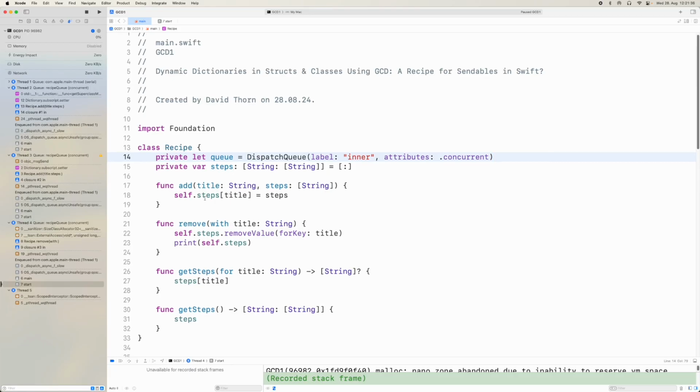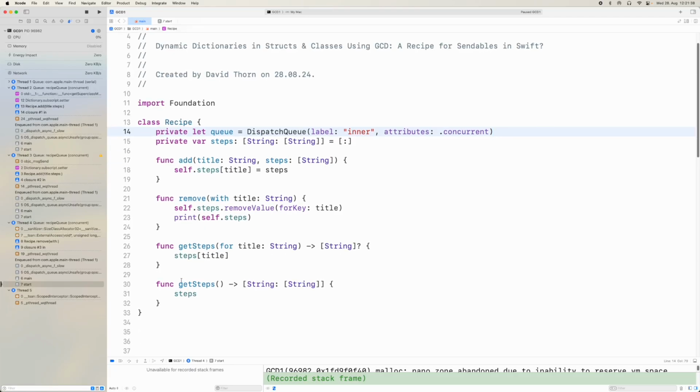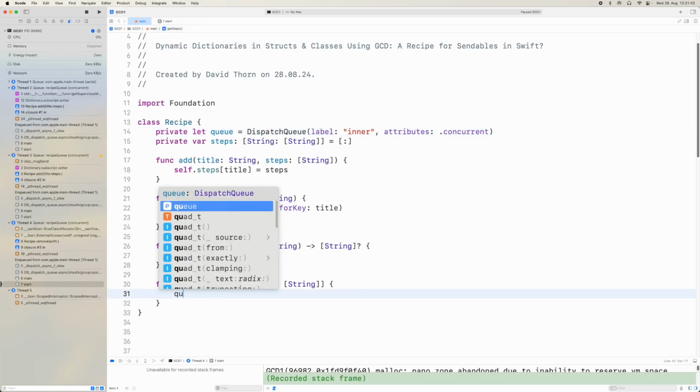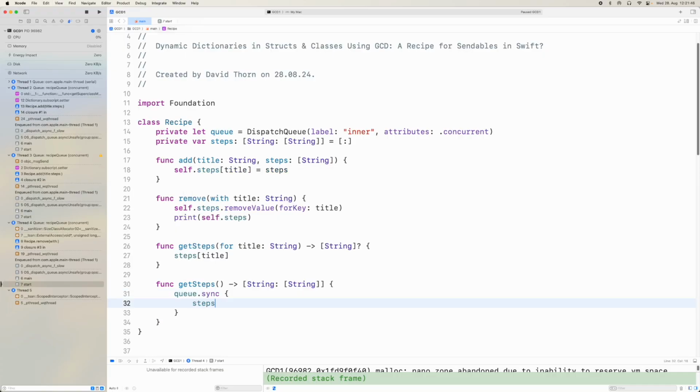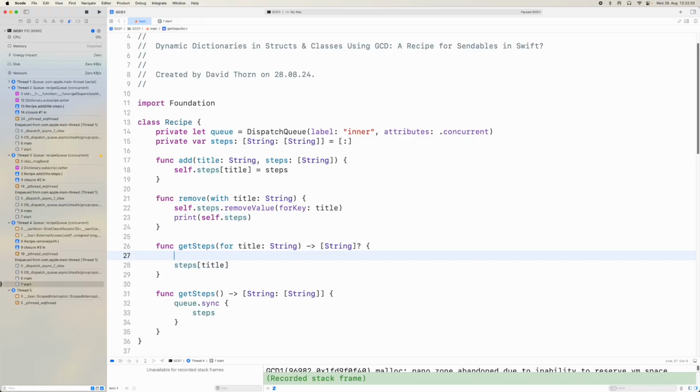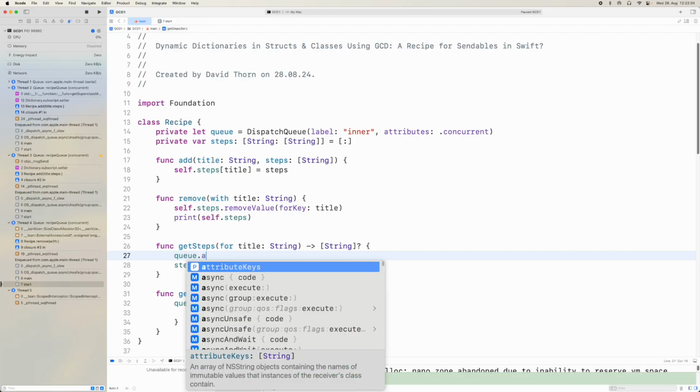All right, so the ones that we can easily fix are these get steps first of all. So let's just take this out and we'll say queue, and this is going to be synchronous. All right, we want that call to be synchronous, and this is now implicit. We're saying return queue.sync, and inside of here, because it's one line, one statement, is implicit to say return steps as well. All right, and we can do this same thing here inside get step, and we can say get step sync,